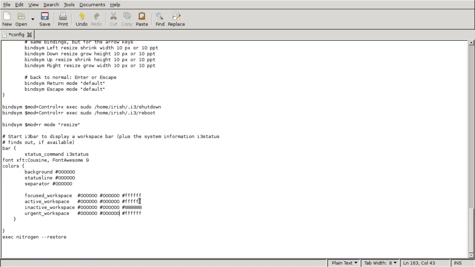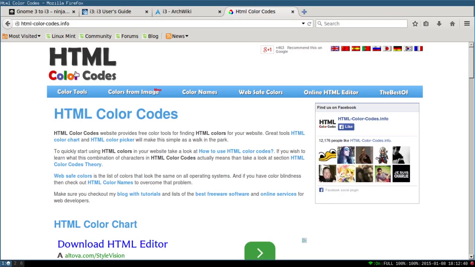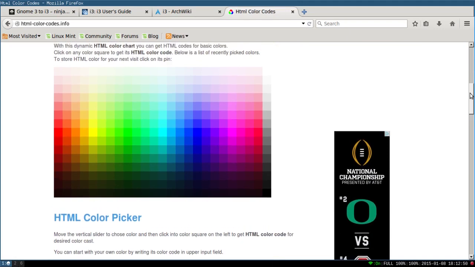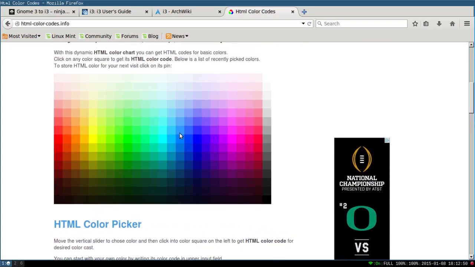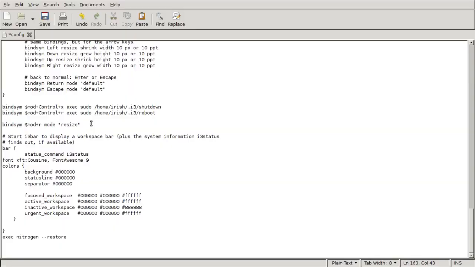To make my text colors different, the site that I like to go on to is HTML color codes.info. Let me get that up for you here. And this is the site. What I like to do for my active is to create a lighter blue. So if I click on this and then I copy and then I paste it in here, save,